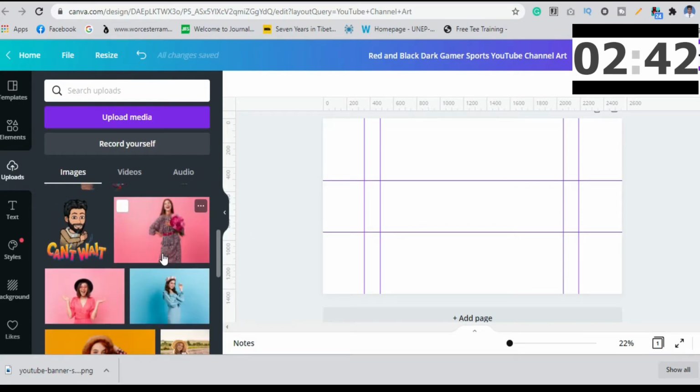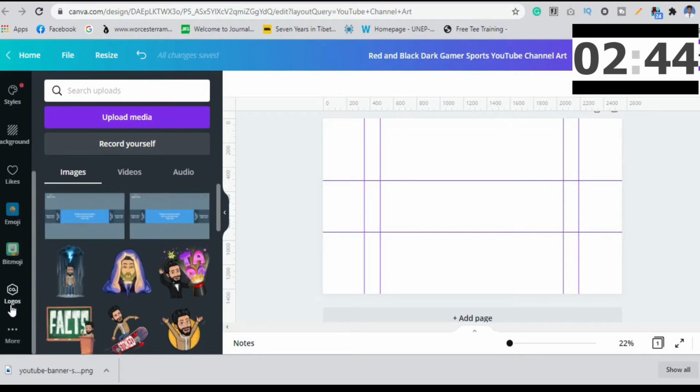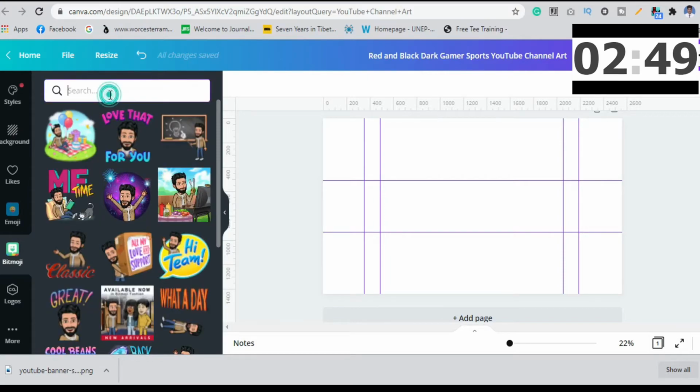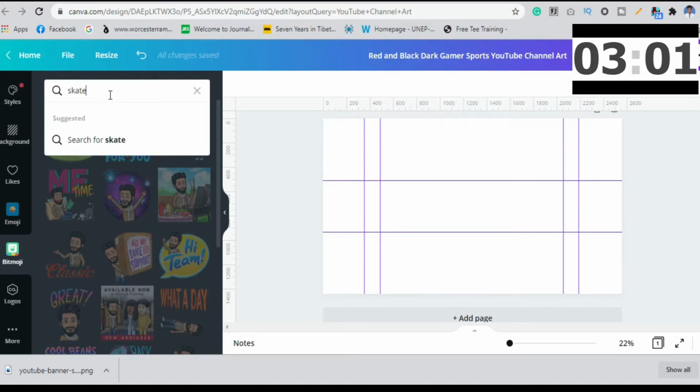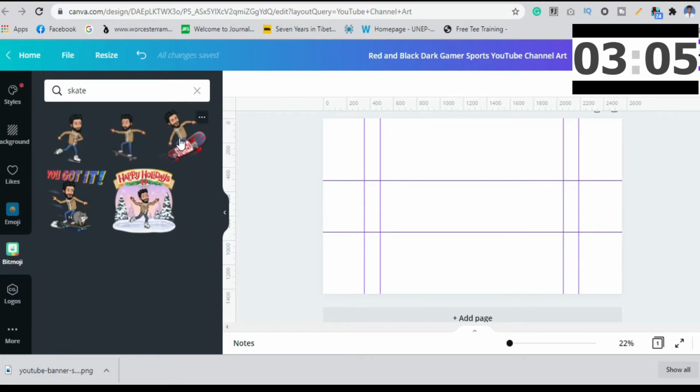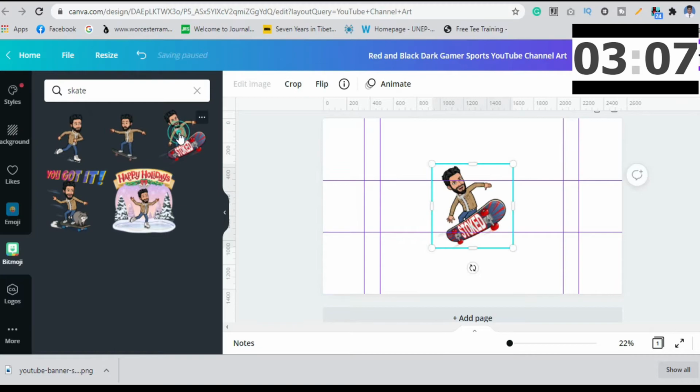So the first thing that I'm going to do is I have connected the Bitmoji with my Canva account. You can do it, which is a great feature. I'll tell it in some other video. So I have in mind what I want to do. So I'll look up skateboarding. Let's see what we can find here. So this is the one I need, and